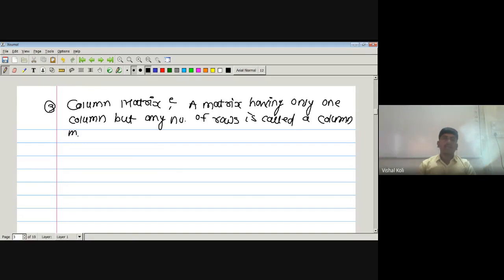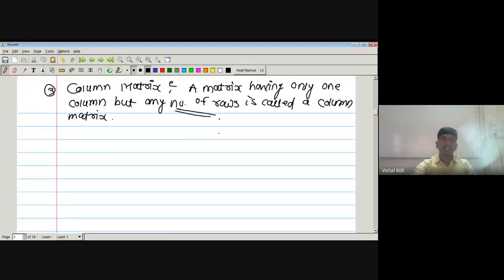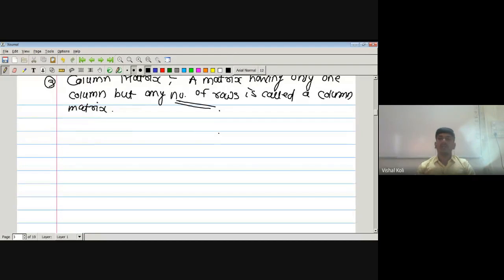Okay, so here there is a restriction only on the number of columns and there is no restriction on the number of rows. Such a matrix is called a column matrix. For example,